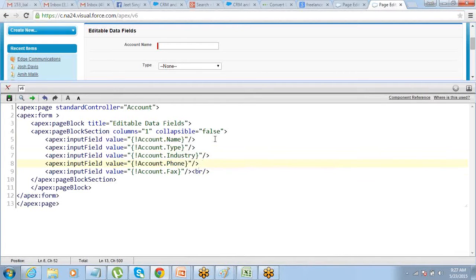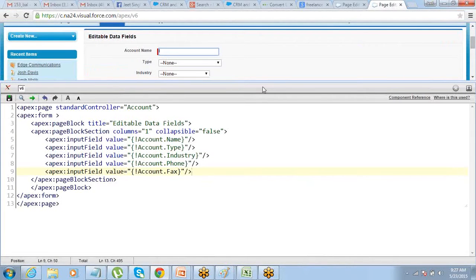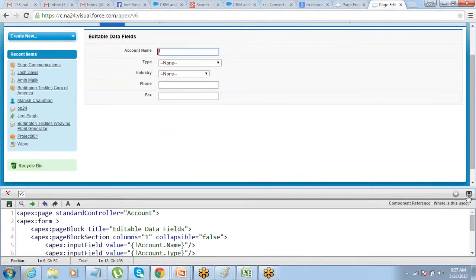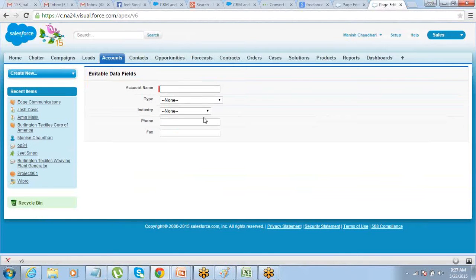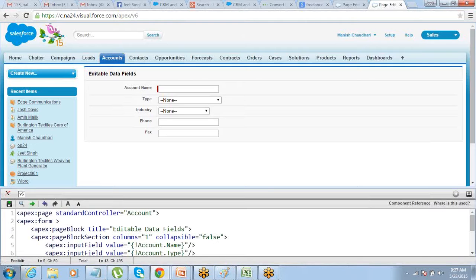Why? Because I have told it that it's just one column. So with page block section, I've controlled the number of columns, so it will not show you two fields on the same row. It's going to display it only under one column, and it shows data to you with the labels automatically. So it's always good if you're putting input field or output field to put it inside a page block section because it comes with that default formatting. See, it looks a lot more neat and clean.